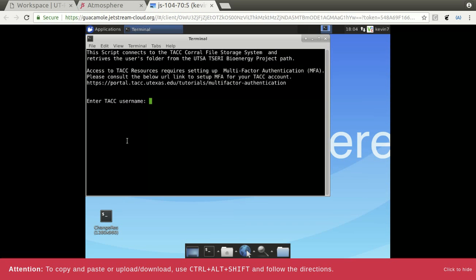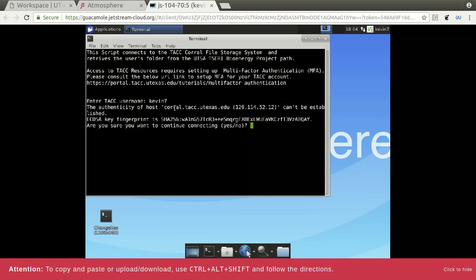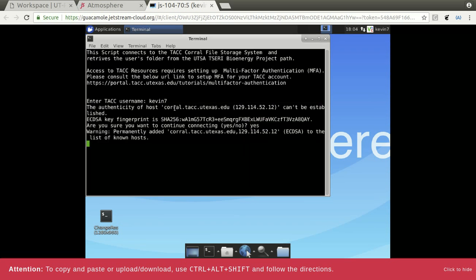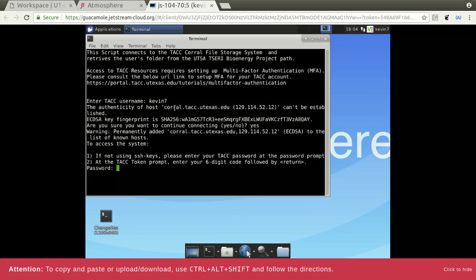and it's going to ask you for your TACC user ID. And remember, this user ID is different from the user ID that you use to log into your Jetstream account. So I'm going to use my TACC user ID, and then it's going to ask for my password. But before that, this is the first time I'm using SSH from this instance, so you have to say yes. And then it asks for my TACC password,